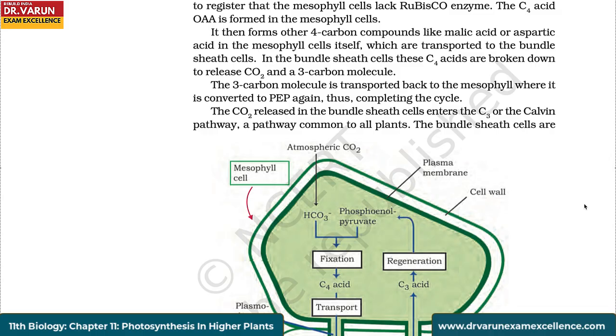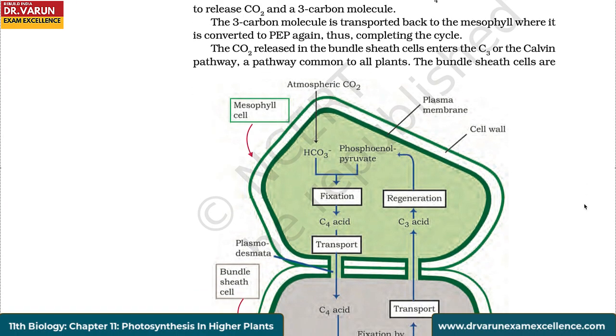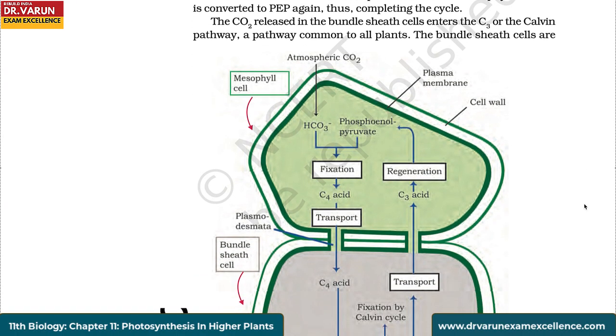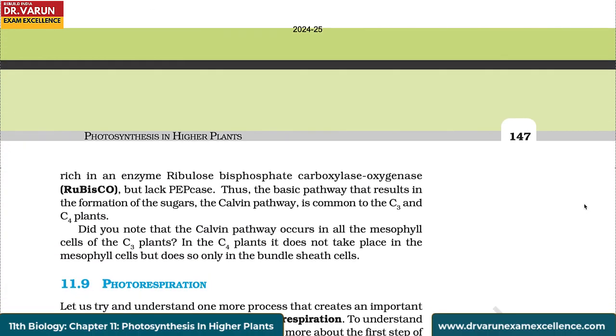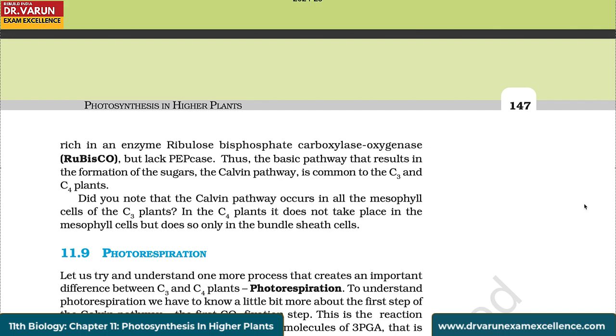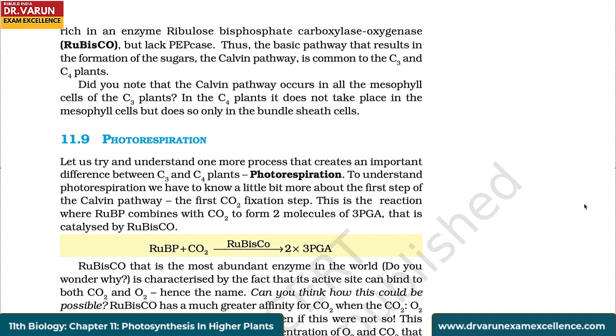The 3-carbon molecule is transported back to the mesophyll where it is converted to PEP again, thus completing the cycle. The carbon dioxide released in the bundle sheath cells enters the C3 or the Calvin pathway, a pathway common to all plants. The bundle sheath cells are rich in an enzyme Rubisco, ribulose bisphosphate carboxylase oxygenase, but lack PEPcase. Thus, the basic pathway that results in the formation of the sugars, the Calvin pathway, is common to the C3